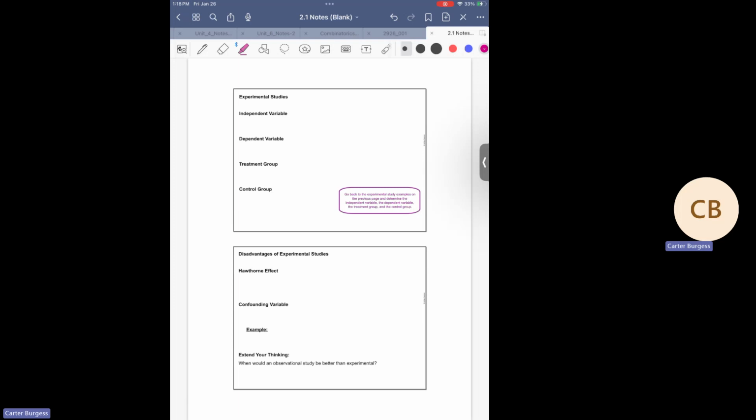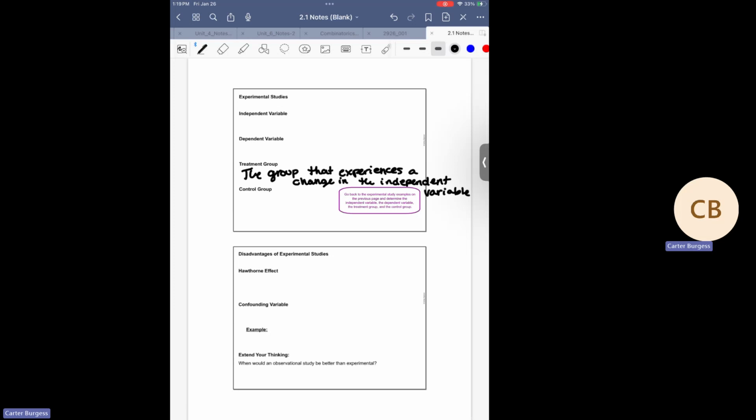Something new that is worth talking about for this kind of experimental procedure is the experimental groups that we have to create. Two different types of groups. We have the treatment group, which very simply is going to be the group that gets whatever treatment we're doing, or maybe the group that is experiencing this change in the independent variable. So the group that experiences a change in the independent variable,